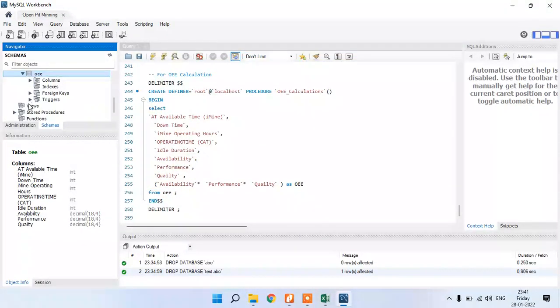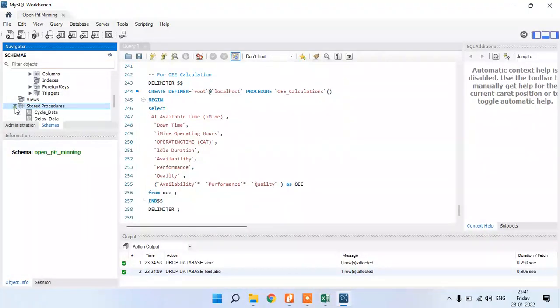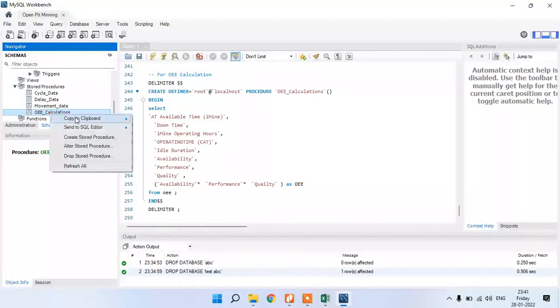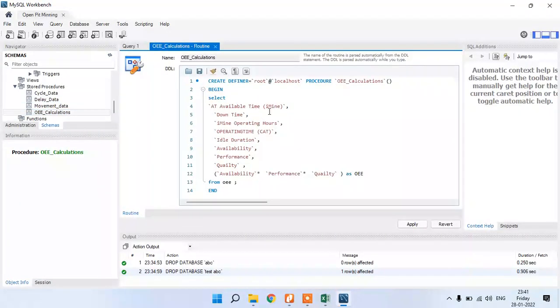See here, I will show you how I created the store table of OEE. Where is it? See here, I have created availability, downtime. These three columns I have added.